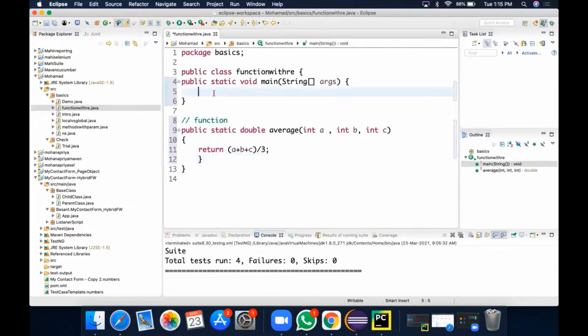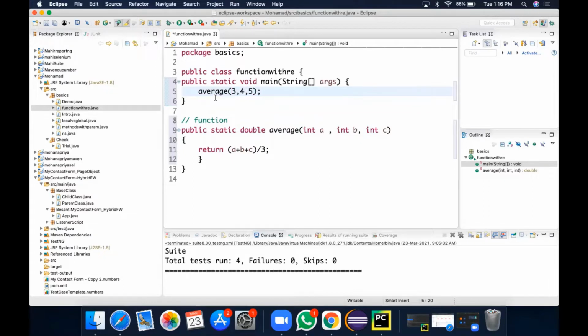Now, if you call this one, it is a static method, so I'm just calling it straightly. If the method is in the same class, you need not repeat the class name. You can call it straightly like this, without using the class name, just average. This is applicable for static methods. I'm going to pass three numbers, 3, 4, 5.